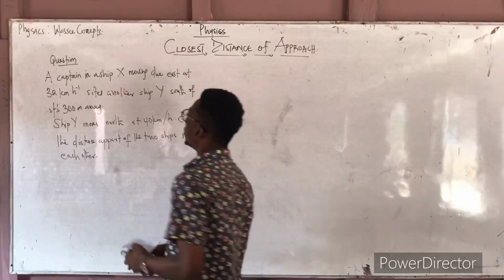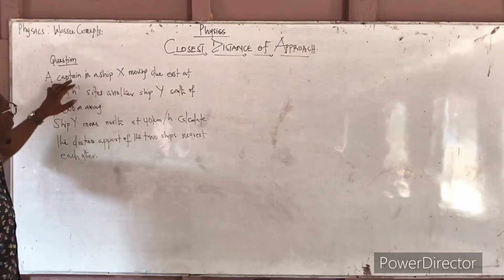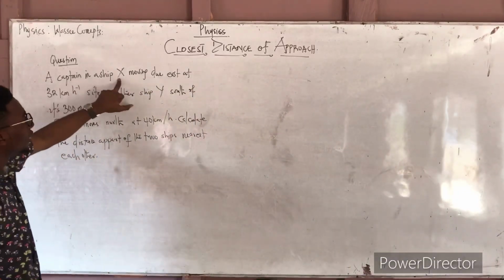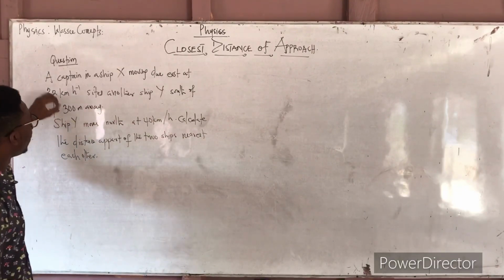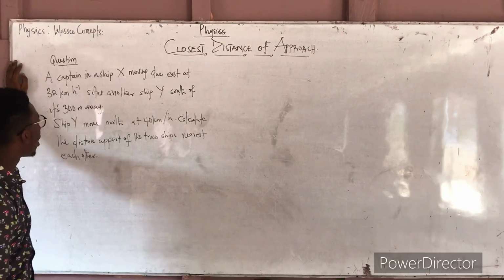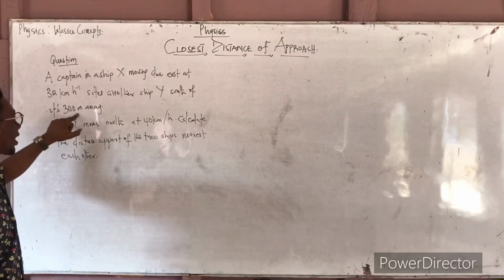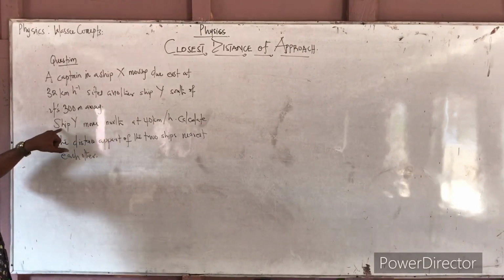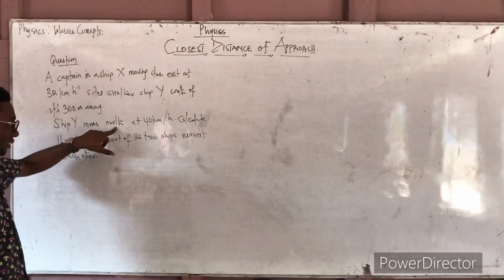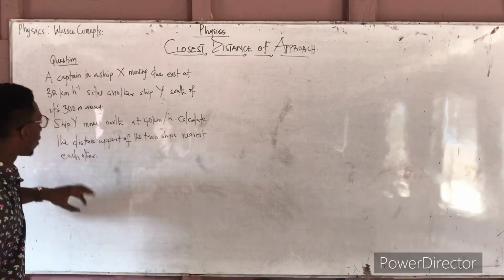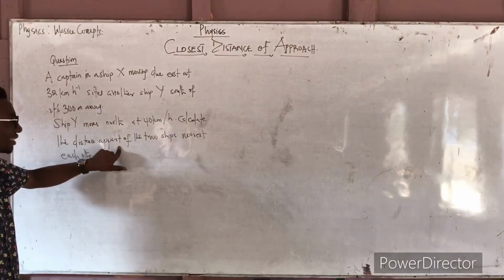Alright, so now this is a typical question. The question is that there is a captain in a ship X moving due east at the speed of 32 kilometers per hour and decides another ship Y south of X 300 meters away. Now if ship Y moves north at 40 kilometers per hour, we should calculate the distance apart of the two